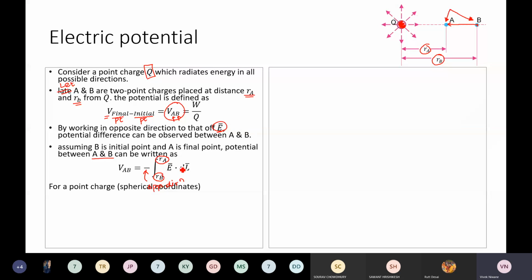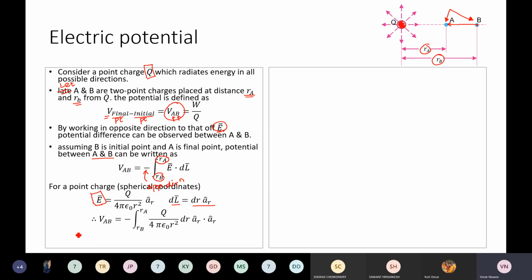The point charge is going to produce the electric field intensity around it, which looks like a sphere. Therefore we are going to use spherical coordinates. So we have E bar is equal to Q upon 4 pi epsilon 0 R square into AR cap, and DL bar is represented as DR AR cap. This is the electric field intensity due to a point charge, a straightforward expression. We will use that one.